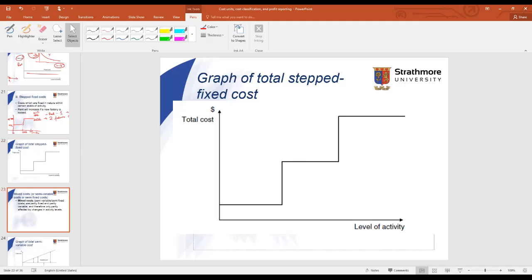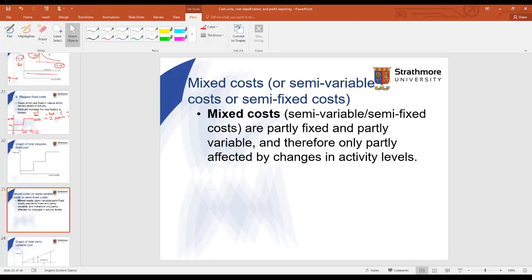Then you have what is called the mixed cost. A mixed cost means it has both a variable element and a fixed element with it. It has both elements. To some extent it's variable, to some extent it's a fixed cost. An example could be